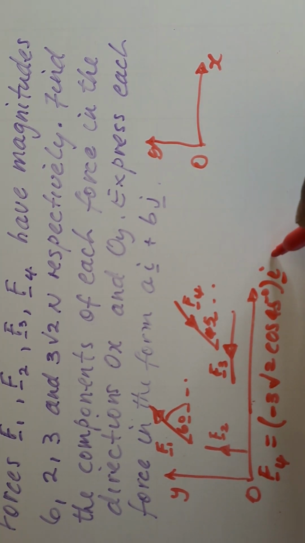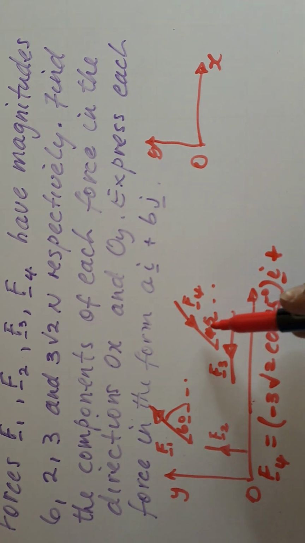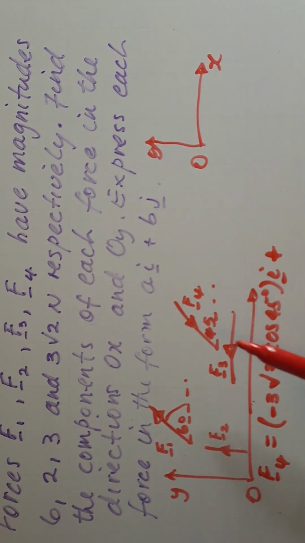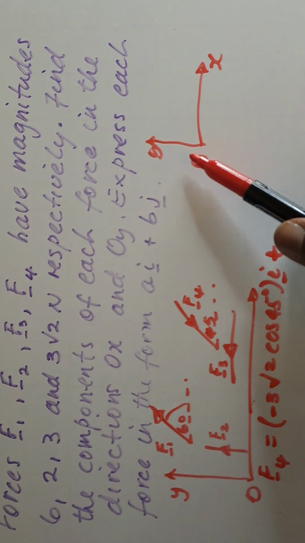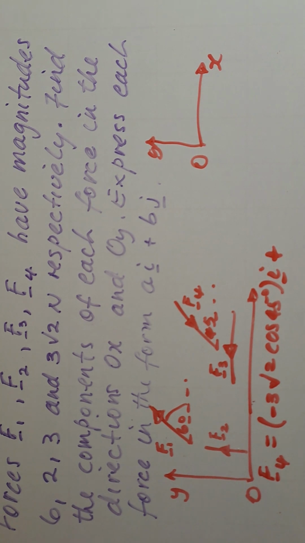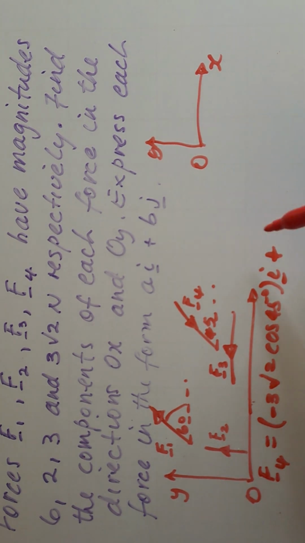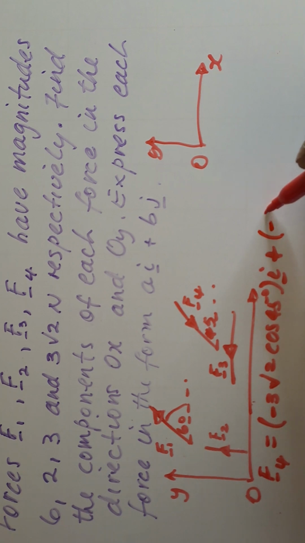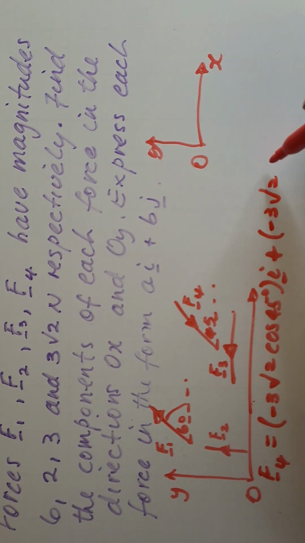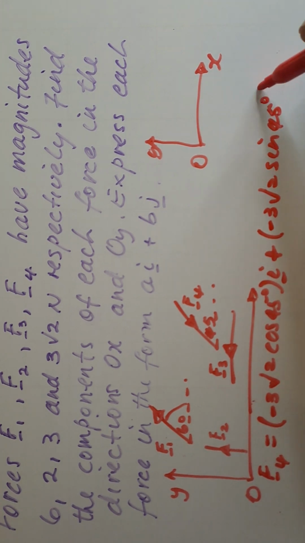And the vertical component will be acting in the direction opposite to OY, which is also going to be negative. So this is minus 3 root 2 sine 45 degrees j,